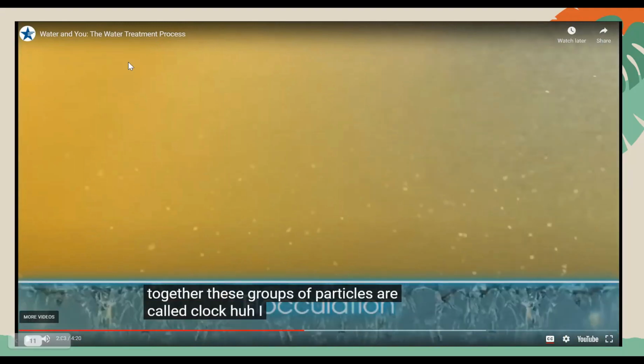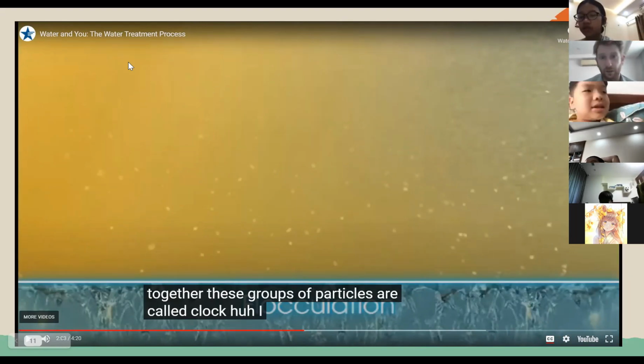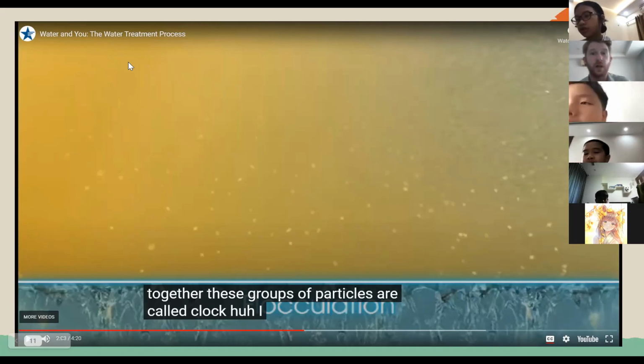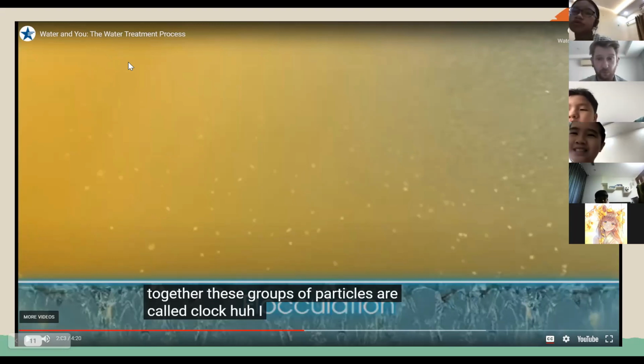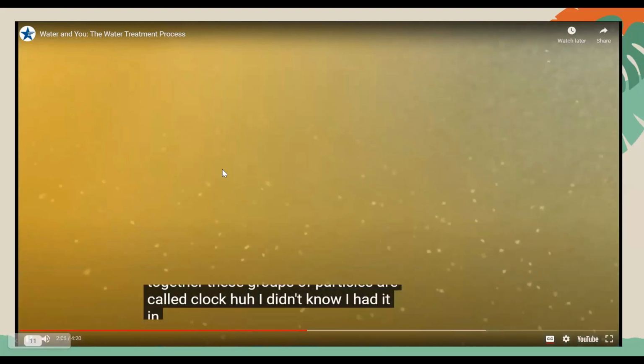Okay, so they add chemicals to water. And what the chemicals do is they make all of the little solid bits in the water stick together. Think about it like this. When you get a cut on your hand or your finger, does the blood stop running out? Yes, it does. All of the blood starts to coagulate and stick together, and then it becomes hard, and then it grows new skin. The same idea can be used here. They add chemicals into the water, which makes all of the little bits in the water stick together and then drop to the bottom, which can then be filtered out.